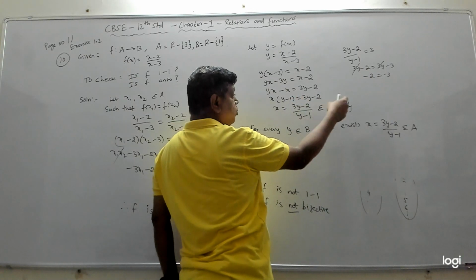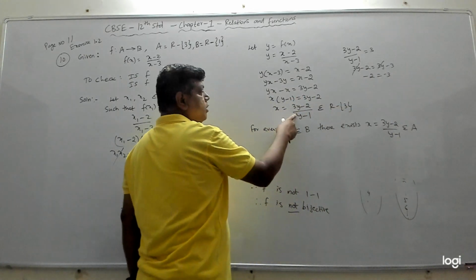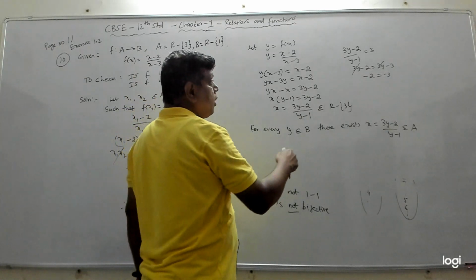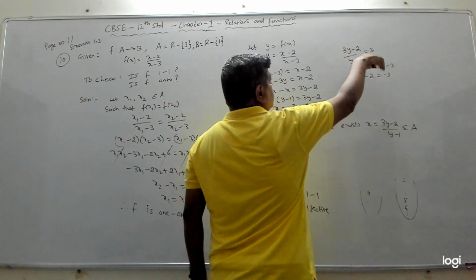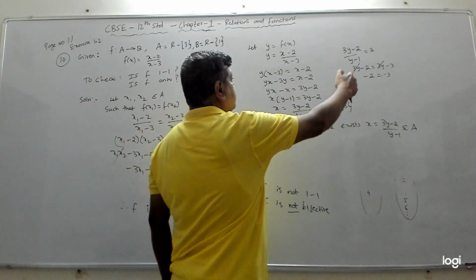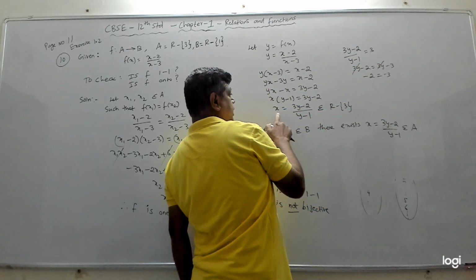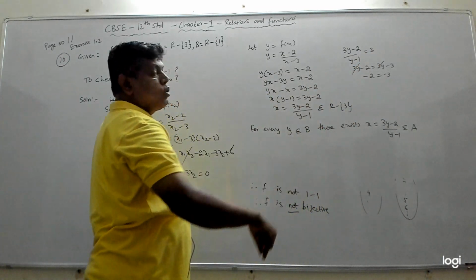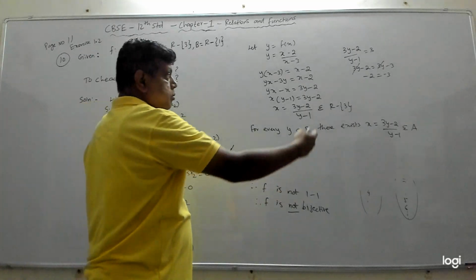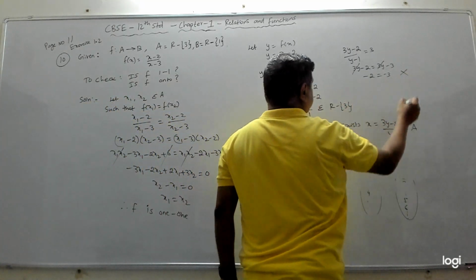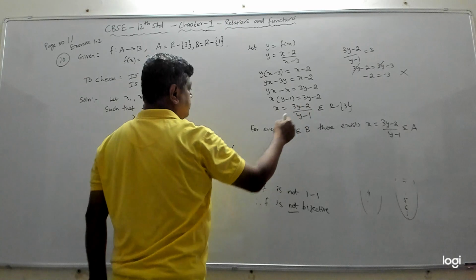And also, we should exclude 3 from that. And this real number cannot be 3 also. X cannot be 3. And I have showed you what happens when x is 3. If I put x equal to 3 here and try to solve, I get minus 2 equal to minus 3, which is not possible, which is not correct. So, therefore, your x belongs to this set.